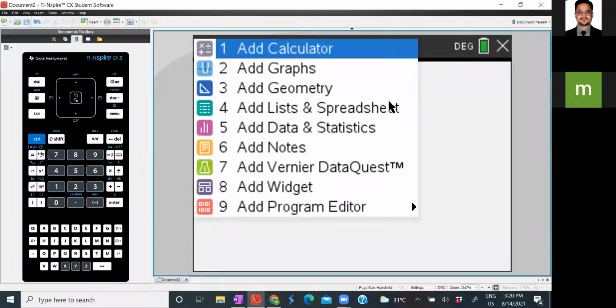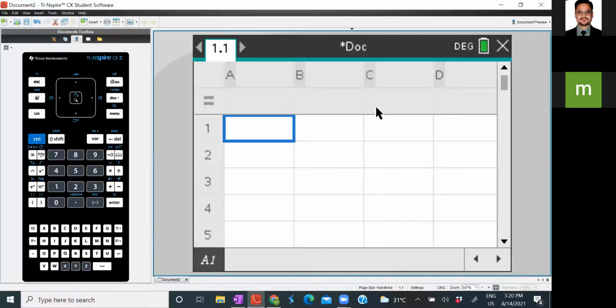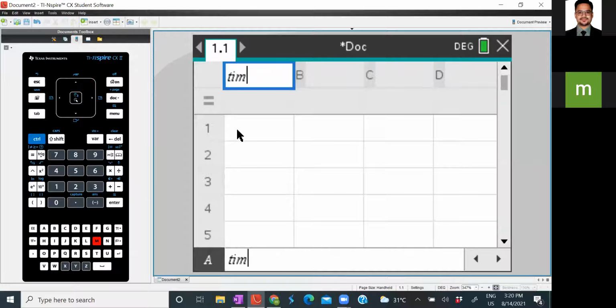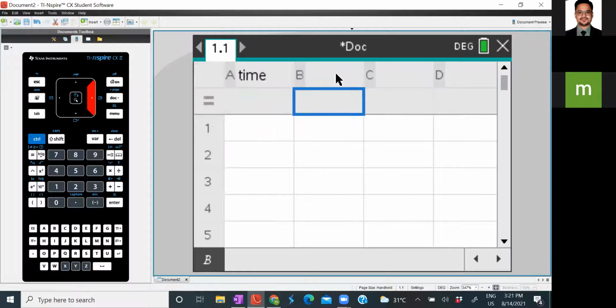Then here we will choose add lists and spreadsheet, because we are trying to give the relation between time and cost. Now use your up button, the side left button, right button, and down button, similar to your computer keys. Use the up button and move to the panel where you see column A and name it time. That means you are naming this column to insert the values related to time. Then move on to the side button. It will not go directly, so you have to come one step down and then move up. Now name this cost.